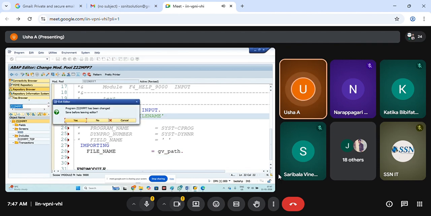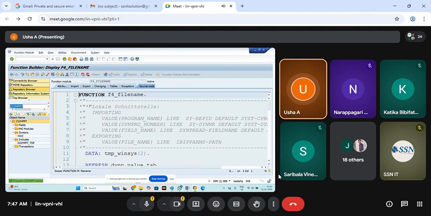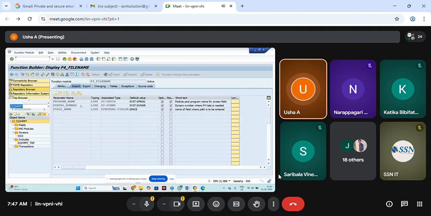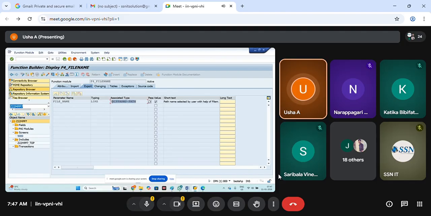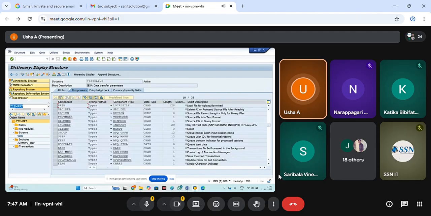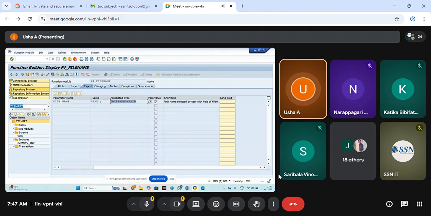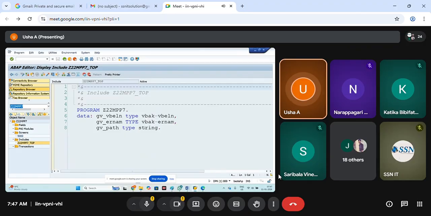So I'll go to the FM. You can double click and it will take you there. In that, you can see in the exporting parameters, FILE_NAME, IB params path, which is character of 128. You can see the path is character of 128. But I have taken the variable as string. So copy this, go to the top include.